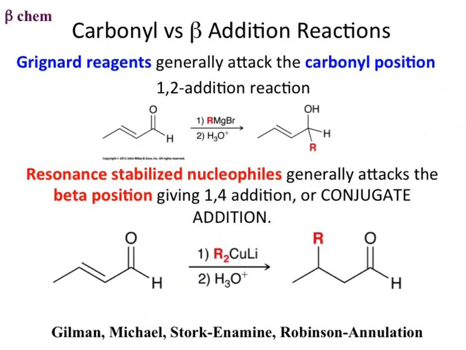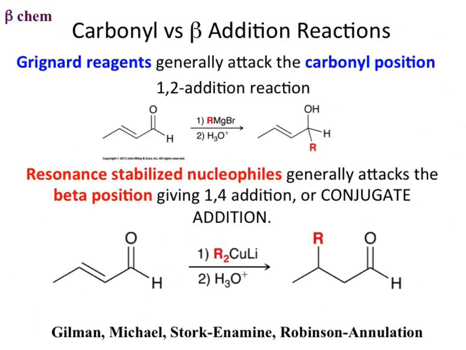So when we look at our Grignard reagents, they attack the carbonyl carbon. If we can stabilize the nucleophile a little bit through resonance, we weaken its reactivity to the point where sterics becomes a larger issue and that beta position becomes a little bit more accessible, okay? A little bit more reactive, or not more reactive, but more productive, perhaps, would be the way to look at it. So if we have resonance stabilized nucleophiles, we see the beta position reacting and we get the 1,4 conjugate addition,